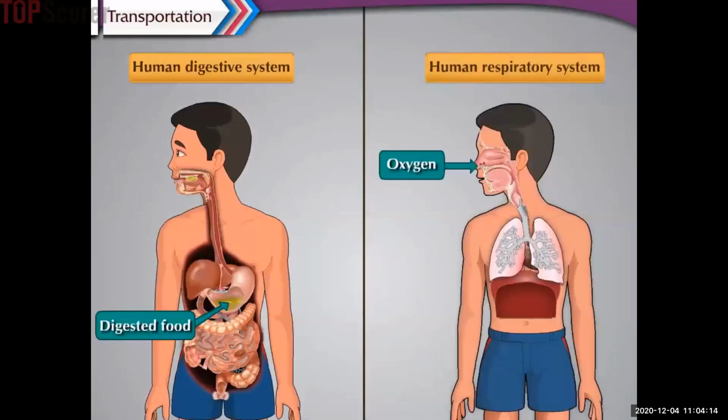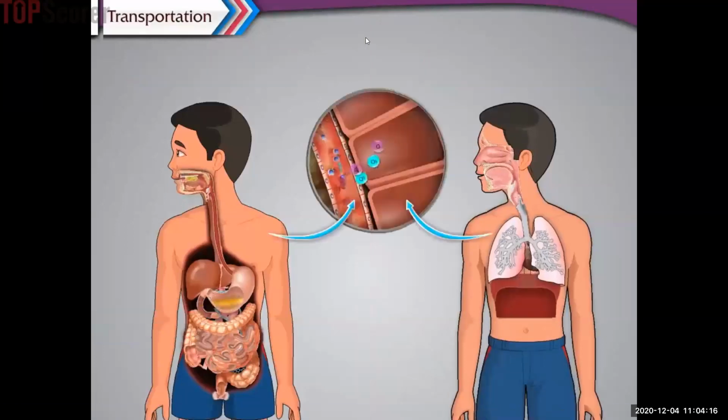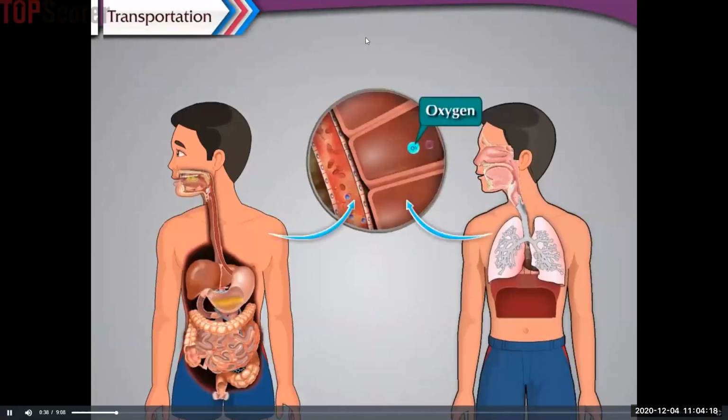canals to the plant through channels. In the same way, the human digestive system and respiratory system work. In the human body, the digested food and oxygen inhaled by the lungs are transported to all parts of the body. By the human digestive system, the food that we eat gets converted to energy. This energy and oxygen